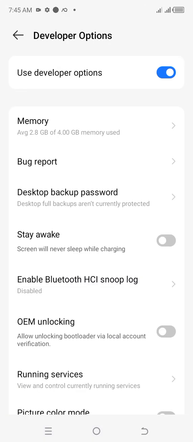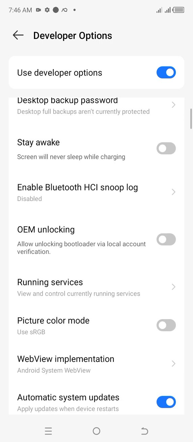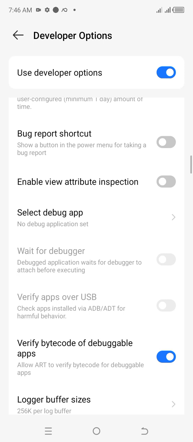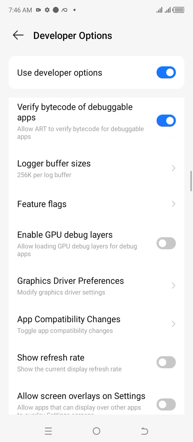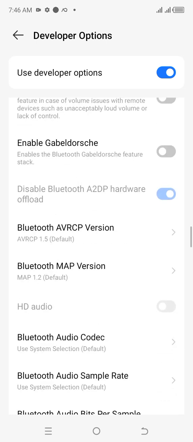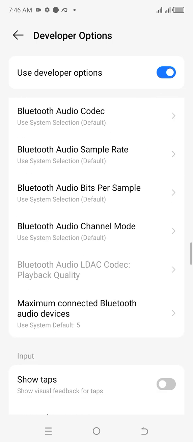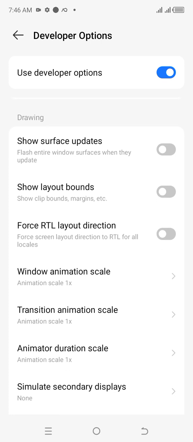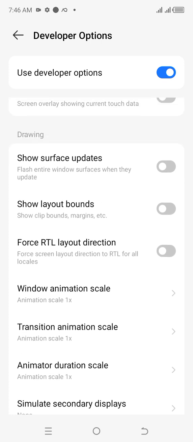If you click on that developer options, it will bring you to this place. Then you scroll down until you see animations. Keep scrolling, keep scrolling. Keep scrolling and you see window animation scale. You see it's 1x. Click on it,